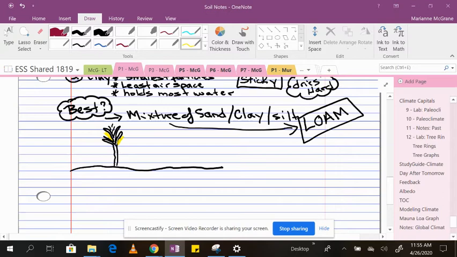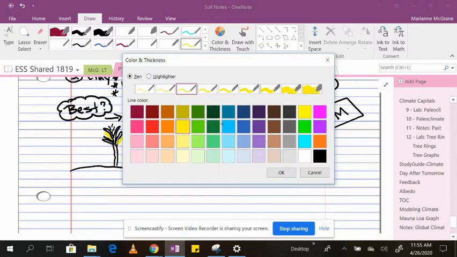That's my corn. Oh my goodness, Mrs. McGrain. All right, I'm not an artist. Okay,